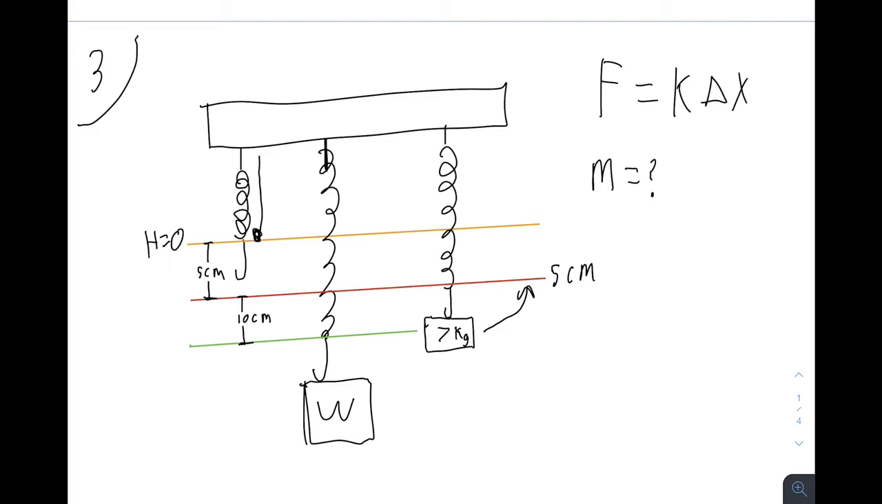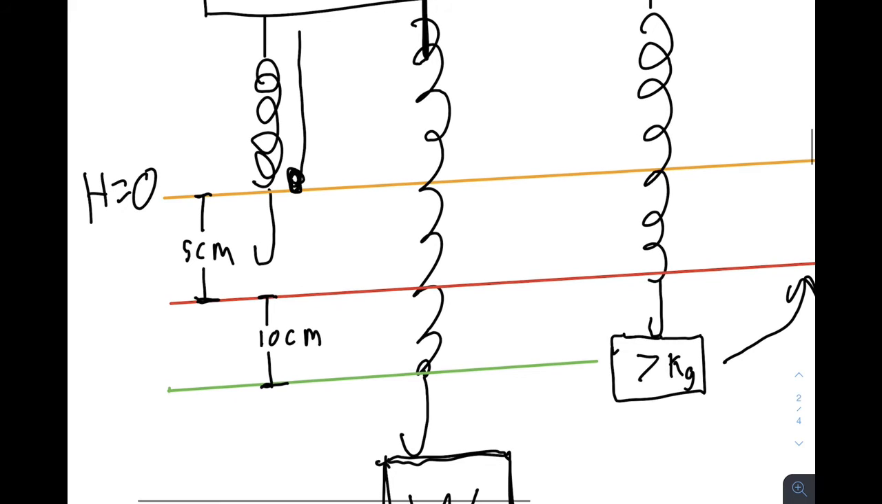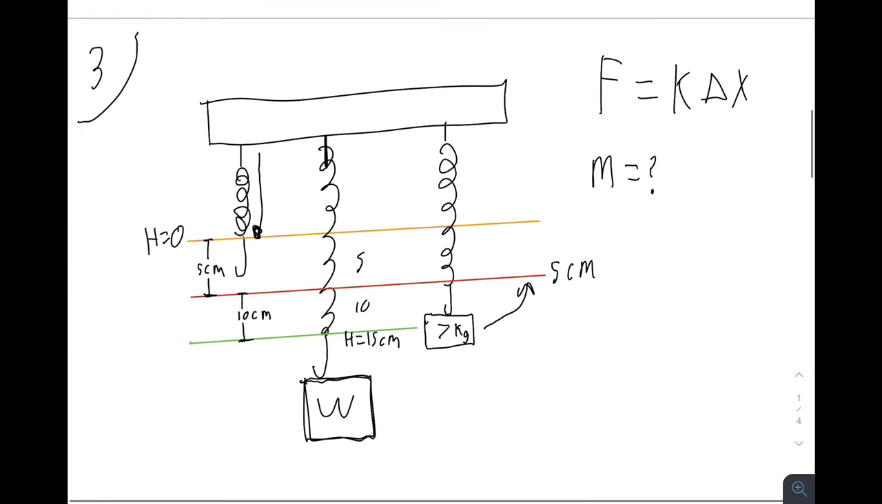or a known distance, adding an unknown weight drops us 5 plus 10 centimeters. So this is h equals 15 centimeters. So we're trying to find the mass. There are 2 ways to do this. We can calculate the k value